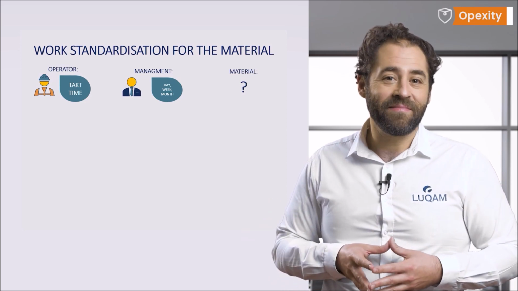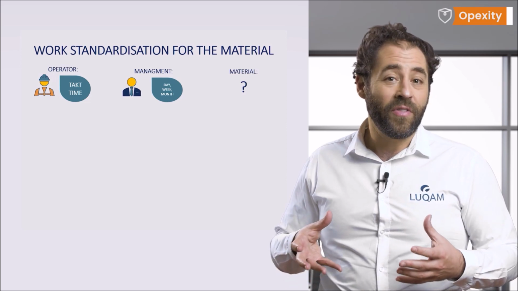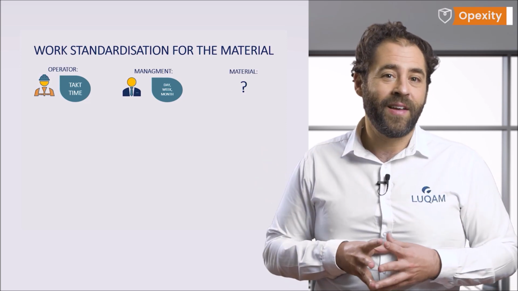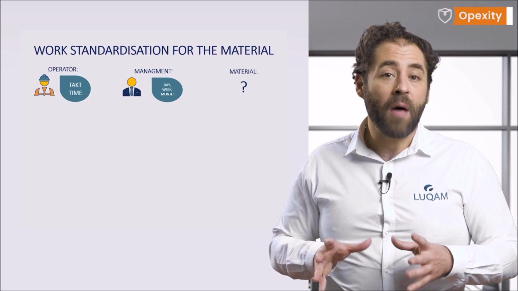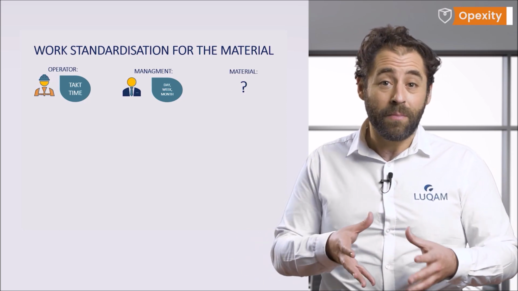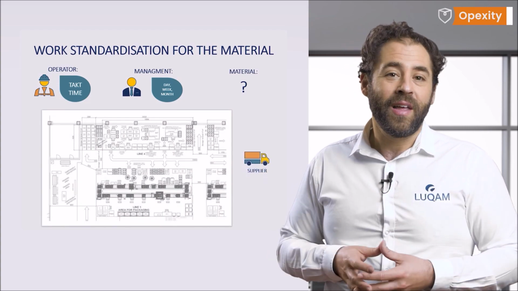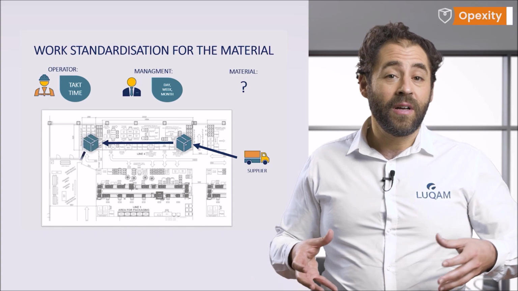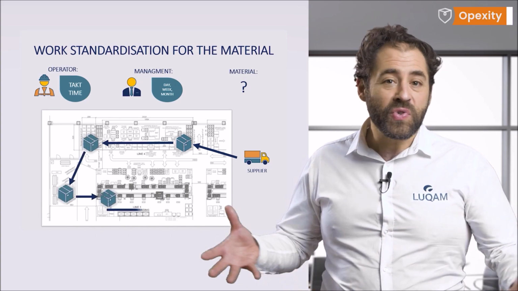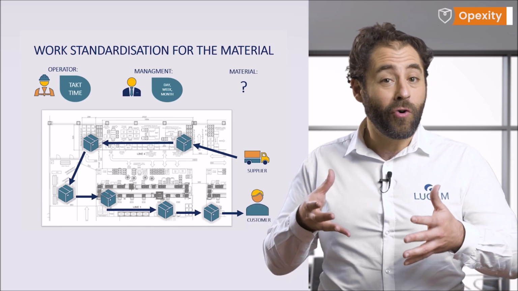What is the plan for each part? How do we focus on the part's travel? This journey cannot be seen in such systems as MRP or ERP, but the PFEP, Plan for Every Part, makes this journey visible. It can then be monitored and controlled. We can say that the PFEP Plan for Every Part is a go and see for materials.